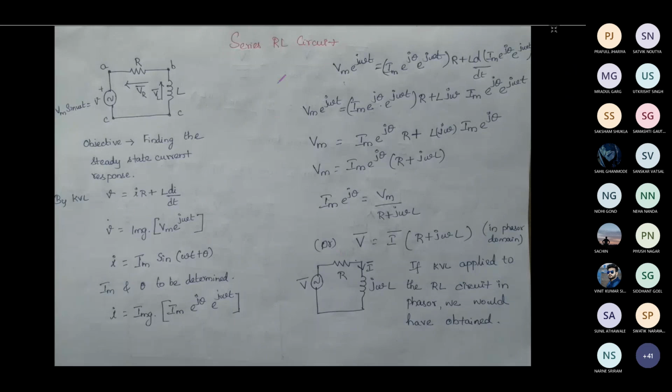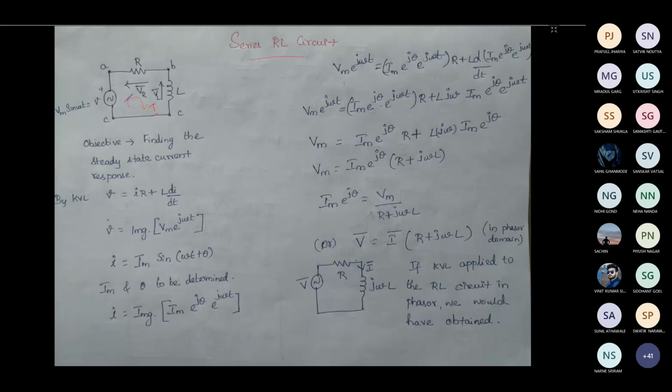Okay, fine. So consider a series RL circuit. In a series RL circuit, we have one resistor and one inductor in series, and we have a source voltage. Now what we are going to do is apply KVL for this particular circuit, and then analyze it with the phasors. That's what we are going to do.